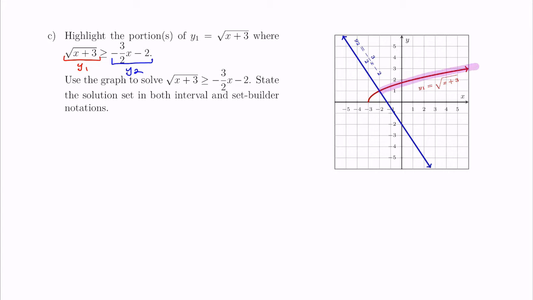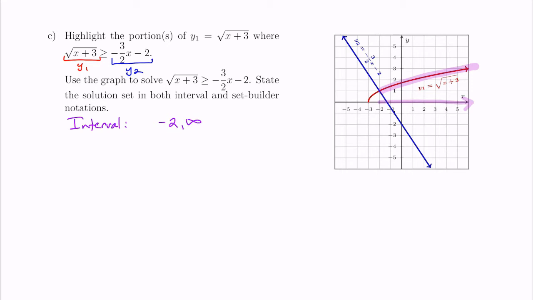Again, we need to recognize, though, that the equation we're solving has no y values in it, so we need to translate what is highlighted, starting there at that point of intersection to the right, onto the x-axis. If we do capture that by highlighting just the x-axis that lines up with that portion, it will happen from an x value of negative 2 forever on to the right. This gives us the beginning of our interval notation answer. The solution set will be the interval starting at negative 2 and going on forever to the right, so to